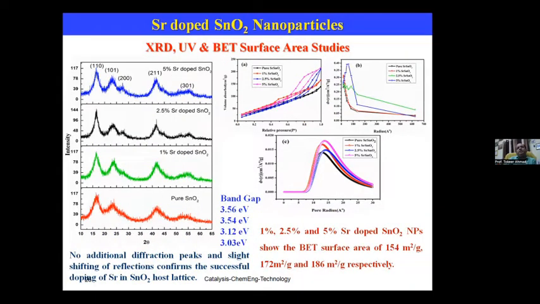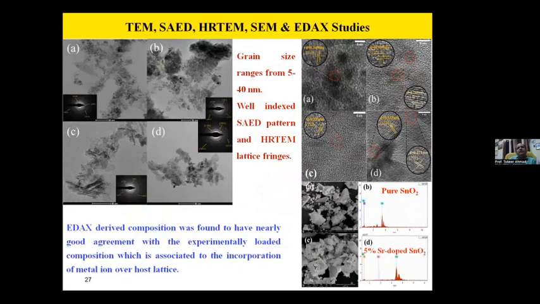And this is strontium doped SnO2 nanoparticles, and these are the basic characterizations of XRD, UV, BET surface area, and all the basic characterization shows that we are able to obtain the monophasic strontium doped SnO2 nanoparticles. Very beautiful TEM, selected area electron diffraction, and HRTEM images can be seen over here, and the width of each lattice fringe and the diameter of the circular rings could be indexed with the X-ray diffraction pattern as we observed during the synthesis.